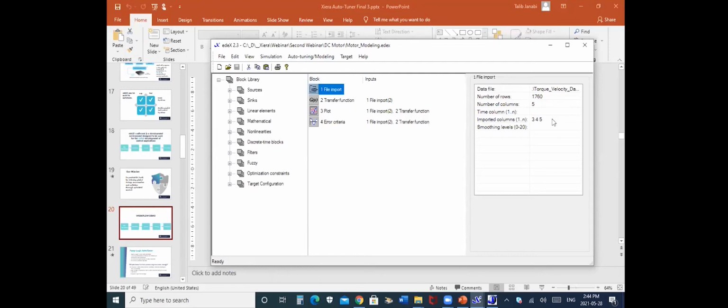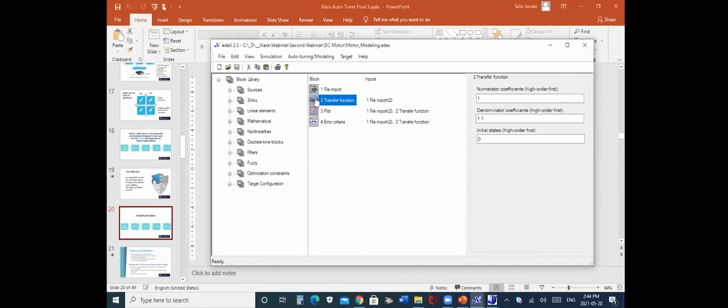And let me remove that. Here is the data file. And then this is a transfer function 111, just any transfer function, anything. Of course, for a more complicated environment, you can use many other